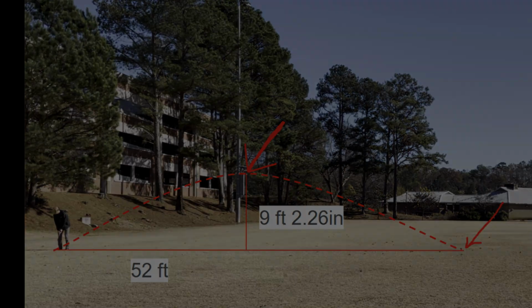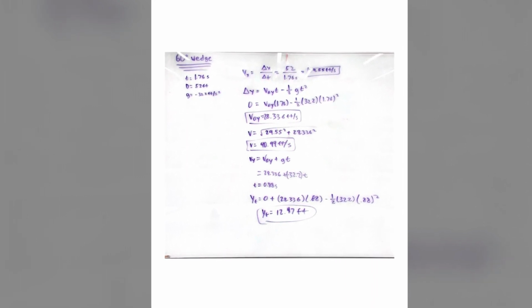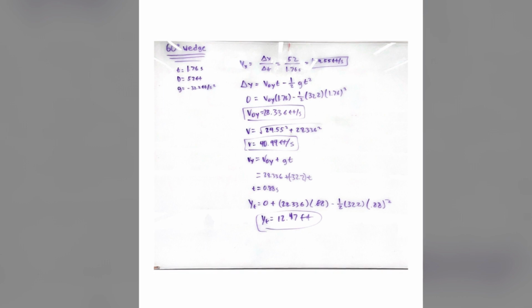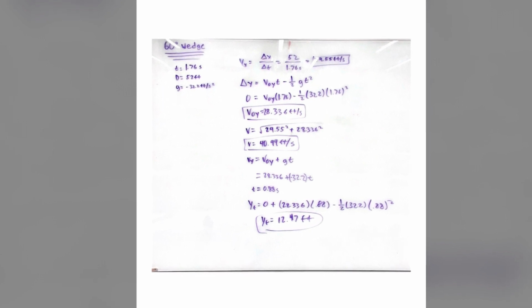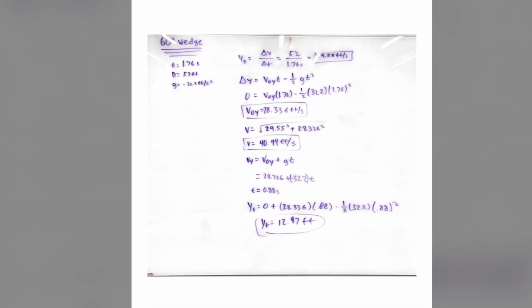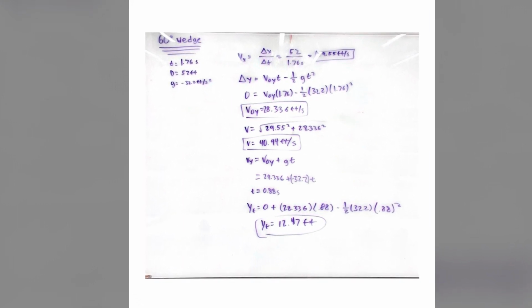Now, we also calculated by hand the maximum height as well as the initial velocity of the golf ball through the given values of time, distance, and gravitational acceleration. Through a system of kinematic equations, we were able to find the velocity in the x direction, which is constant, which is 29.55 feet per second. Then we were able to find the initial velocity in the y direction through another set of kinematic equations, also involving the gravitational acceleration, which came out to be